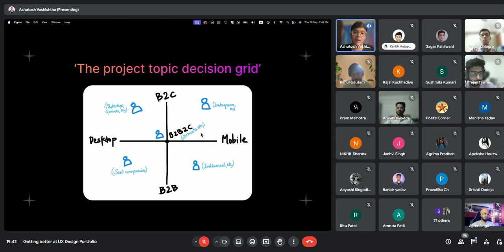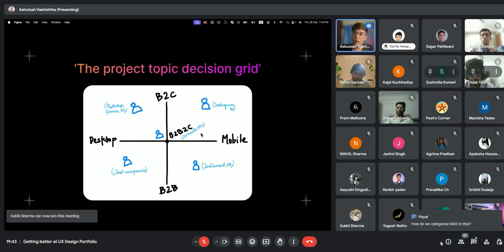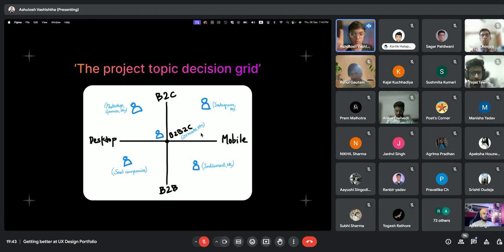Because if I am a recruiter who has a SaaS based startup, and out of 3 projects there is one project which is purely B2B and which has very detailed design for desktop, I will gain confidence in your profile. As simple as that. And at the same time, parallelly, if you have also applied to some company which is, for example, Blinkit, which is B2C,